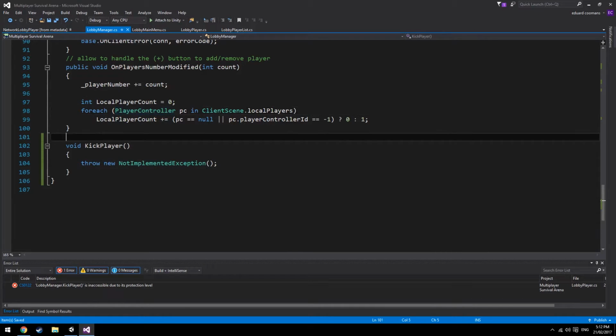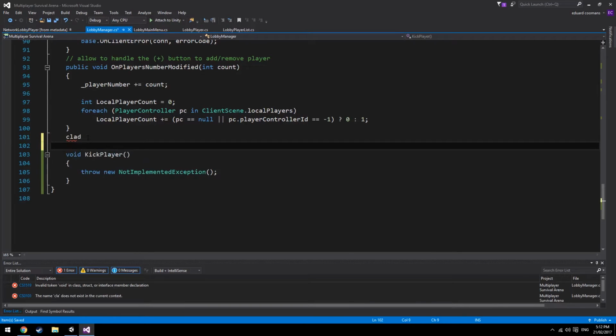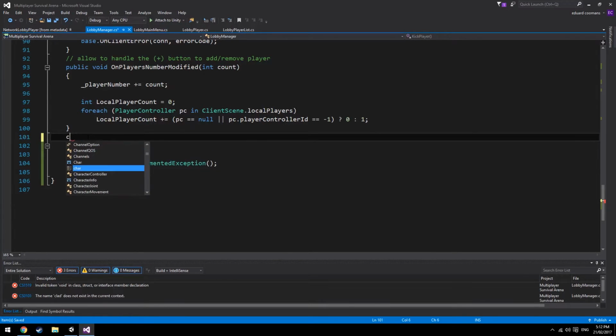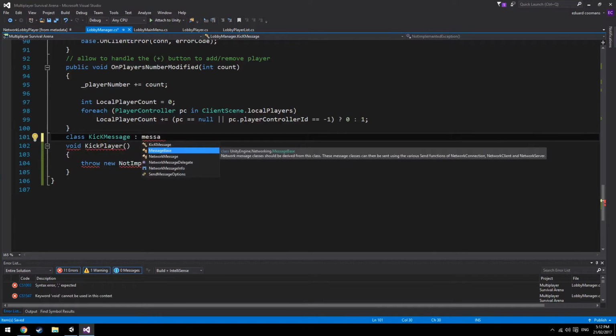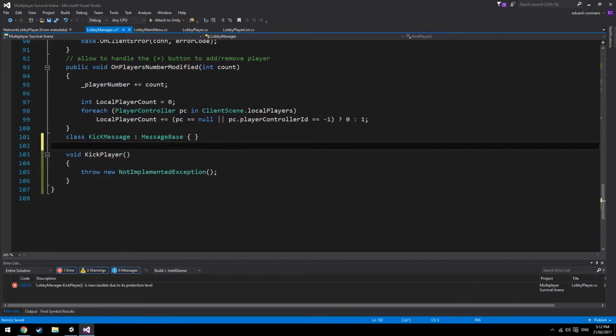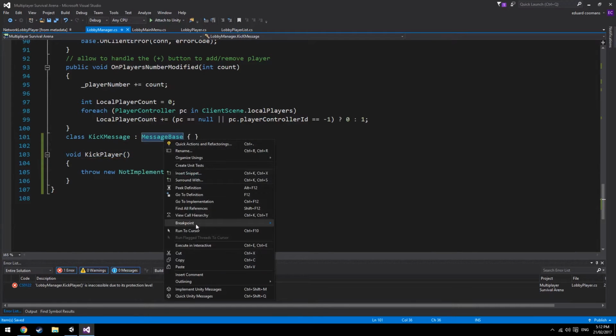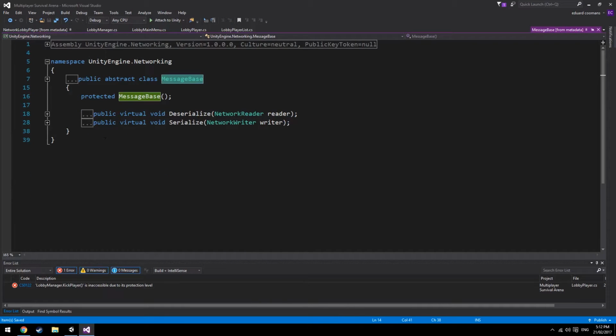So we can create a separate class within the class that's going to be a kick message, and it's going to derive from a message base, and it's going to be completely empty. And if we go to the message base here, go to the definition,